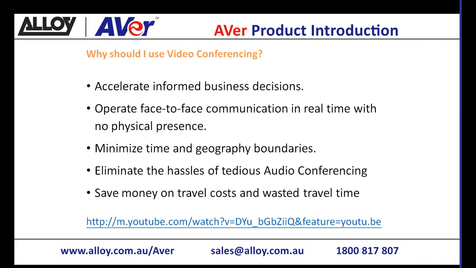Another thing is travel. How much money do companies spend traveling from office to office in a year? Thousands and thousands of dollars on airplane tickets, on taxis, on accommodation. All that can be limited by using video conferencing. Obviously, you're still going to have times where you do need to have that face-to-face communication, but what we can do is minimize that, where we're only traveling maybe 4 times a year rather than 20 times a year.